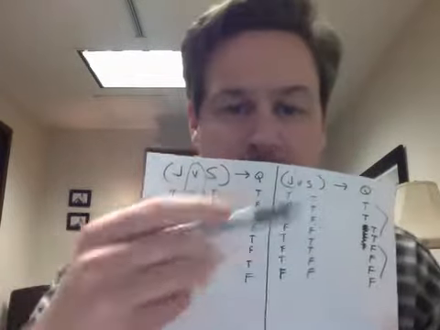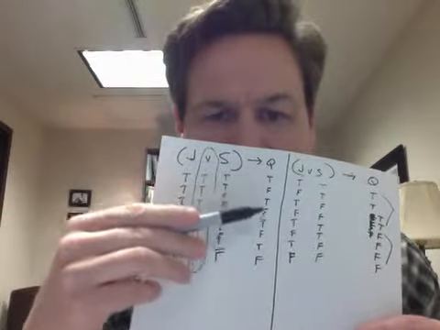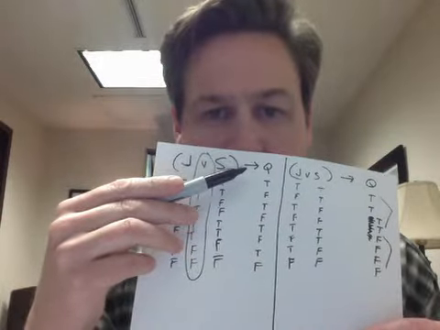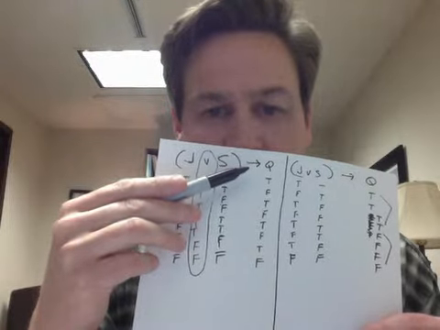Then I would use this column under the wedge along with Q to solve for my final operator, which is the conditional arrow here. So I would use columns B